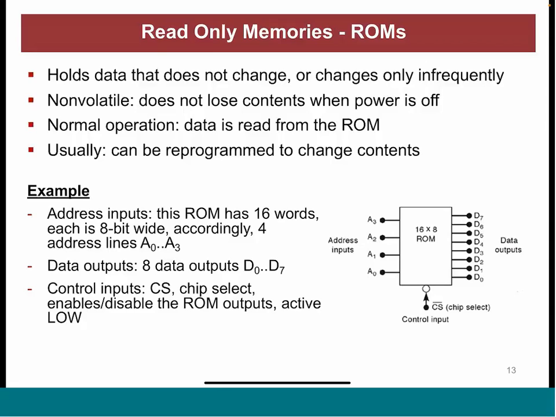The ROM holds data that doesn't change. So if you have a ROM in a circuit, it has data that doesn't change, which means you cannot write to it. You just read from it. When you design your circuit, you identify what needs to be in the memory first, and then there are special devices that you can use to program the memory with the data that you want, and that's it. You use it in your circuit. So we cannot write to it. Once it is in the circuit, there is no write operation, which means there is